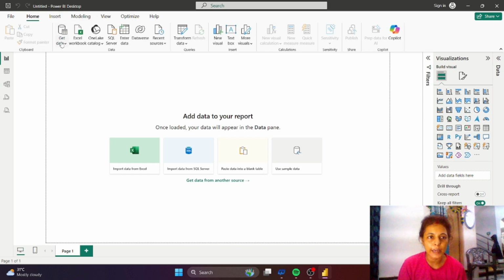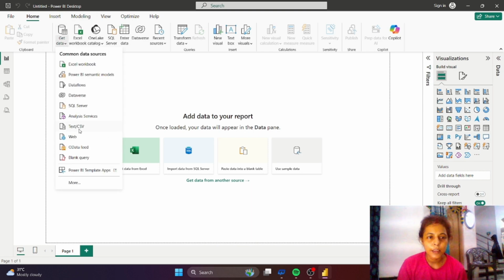Then we have to click Get data. Just click here, as we have to bring an Excel file or text or CSV, whatever type of file you have to bring. Just click the extension of that file, like Excel workbook. If you want to bring in Excel, then you just have to click Excel workbook.